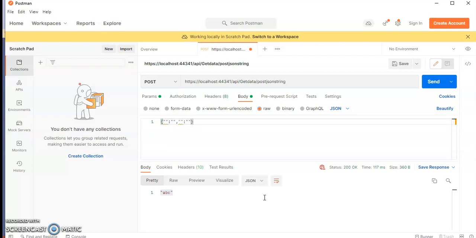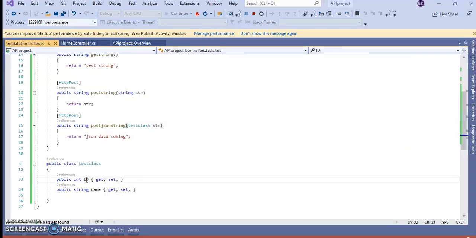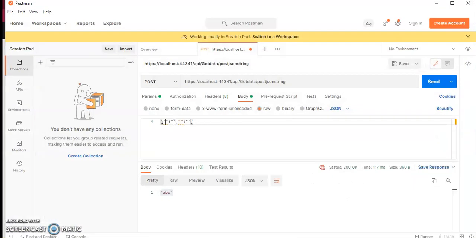The key is ID, and ID is an integer here. So I will give ID as a key, and let's remove the double quotes because it is an integer. The value I am passing is 2 for now.